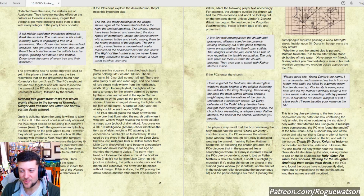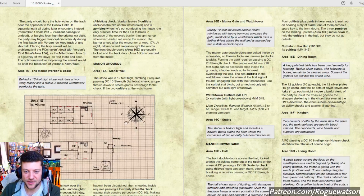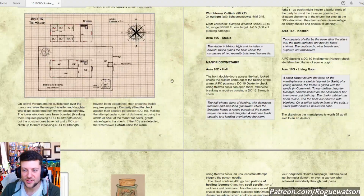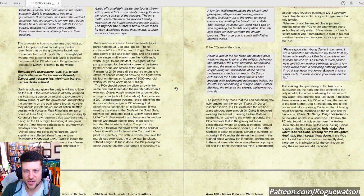And it becomes problematic because a lot of this adventure requires them to make certain choices. So, you can see here the Manor Grounds is just a very, very minor combat encounter with a bunch of cultists and zombies, a little bit of treasure they can get. There is a funny remark somewhere, I think it was actually at the inn, where they can find a nice bottle of whiskey, and it realizes that if they manage to